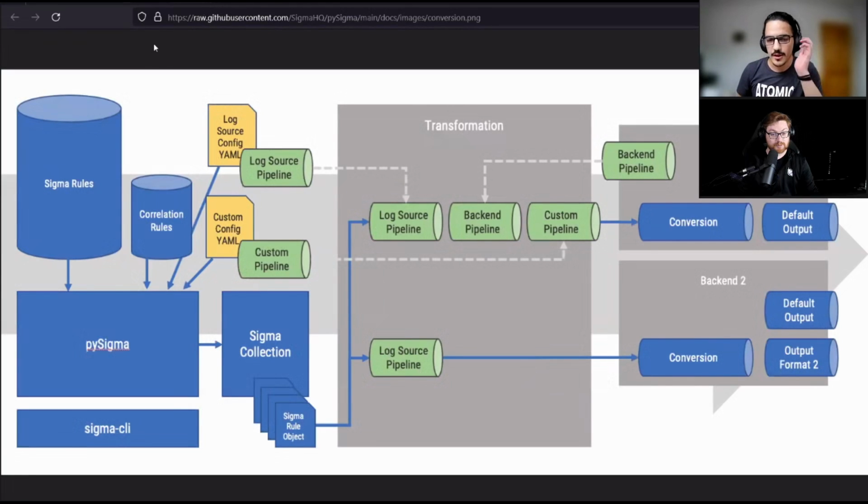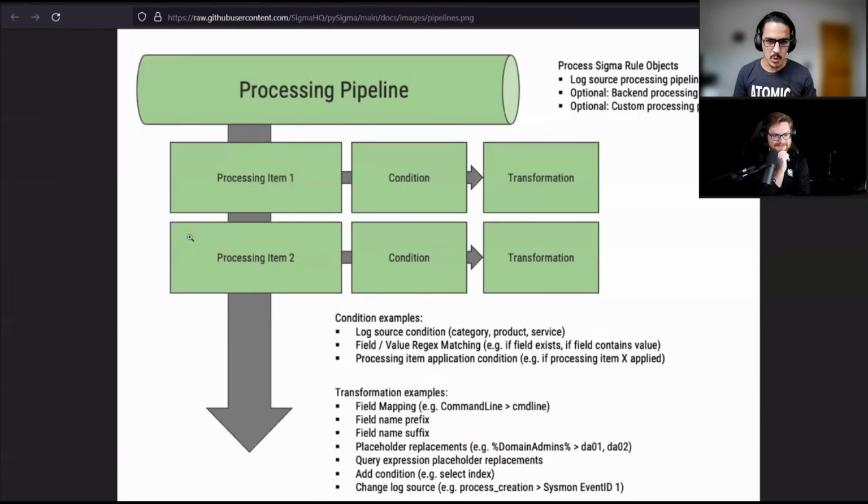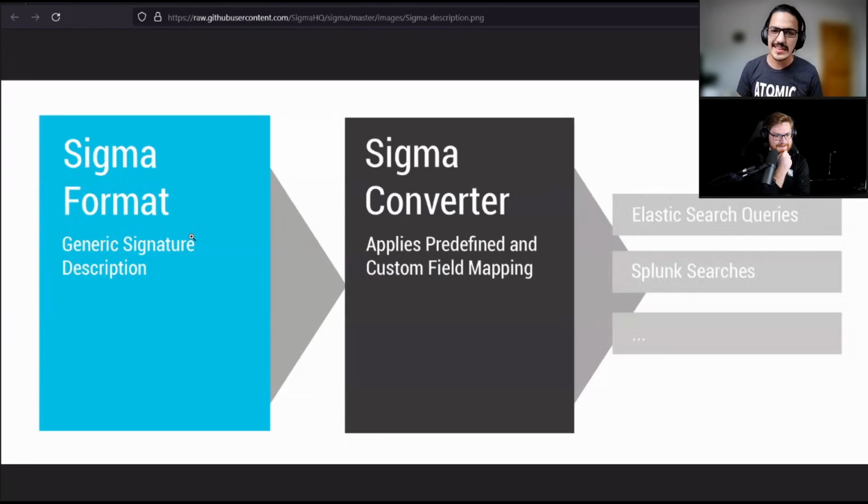If we look at a simple architecture, it might seem scary, but it's actually not. You take your Sigma rule and pass it to pySigma. There are some cool things like transformations, backends, whatever. By the way, we'll be releasing blogs on the Sigma Medium page that explain all of this. But the gist of it is you write something in YAML, it converts, your SIEM can use it, and everyone else on Earth can use it as well. Super cool. That's the general gist of it.